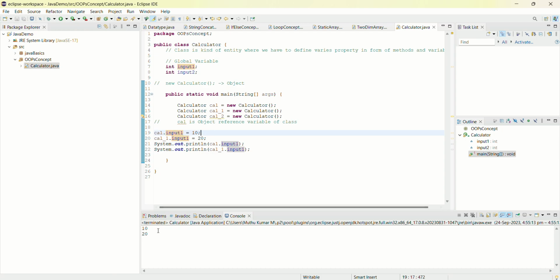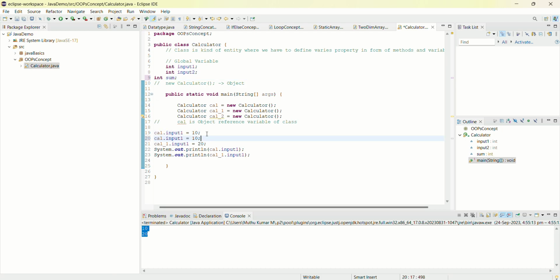If we do any operations, for example, if I create one more variable, sum, for input 2,